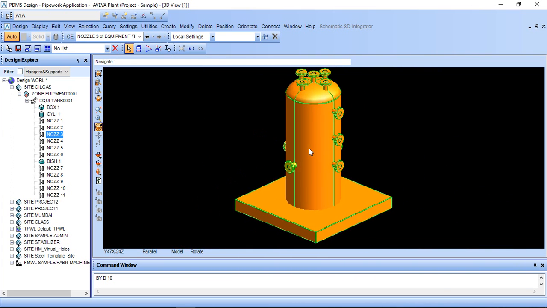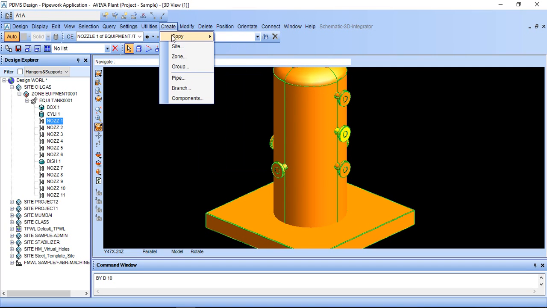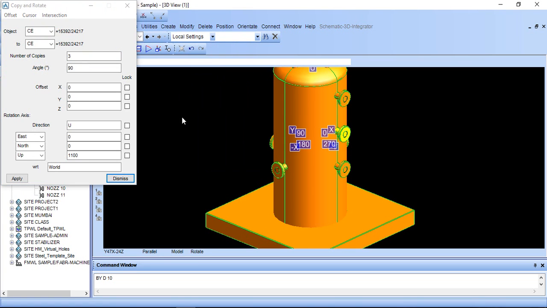If you want to rotate more than one nozzle, so just click one nozzle first and go to create copy rotate and we can apply directly, but here we want to rotate also this also, so it will be time consuming to rotate each and every nozzle.